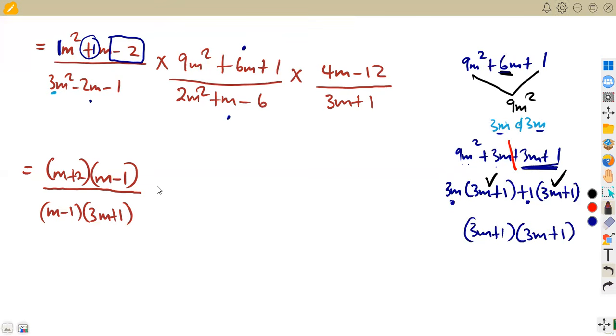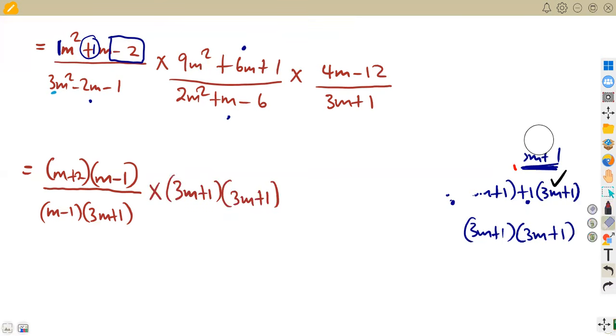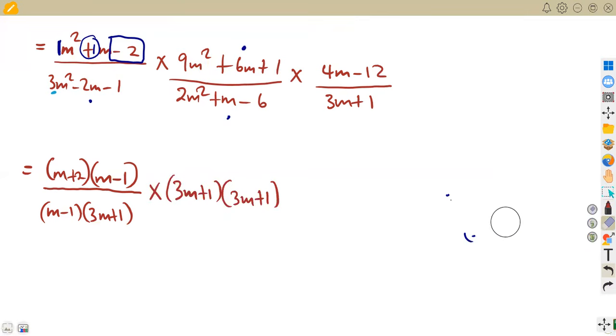So meaning to say this is what we're going to obtain here: (3m + 1)(3m + 1). This part, because of our time, I'm going to explain properly in another class. What I want you to know is that whenever you are given this type of expression, it's referred to